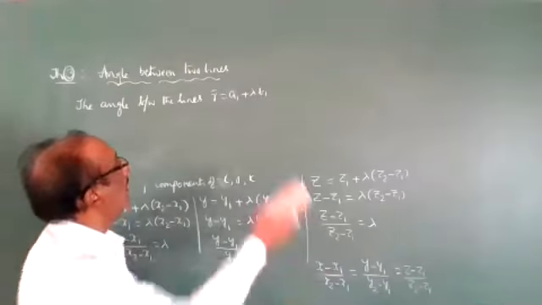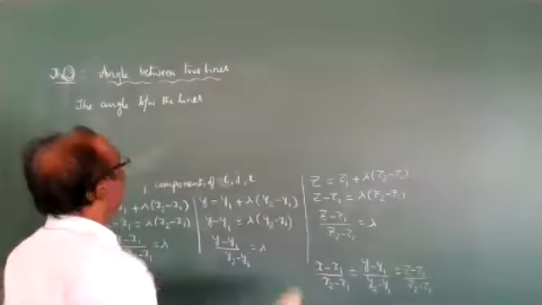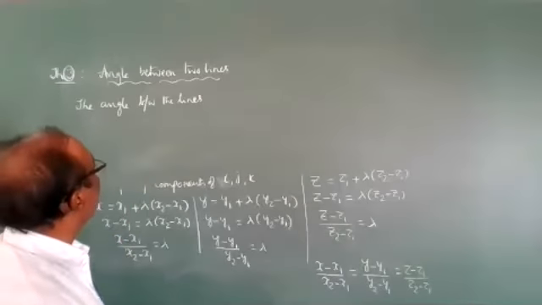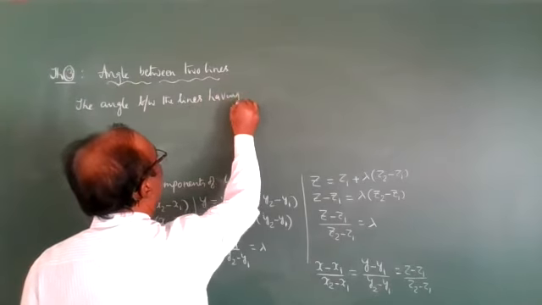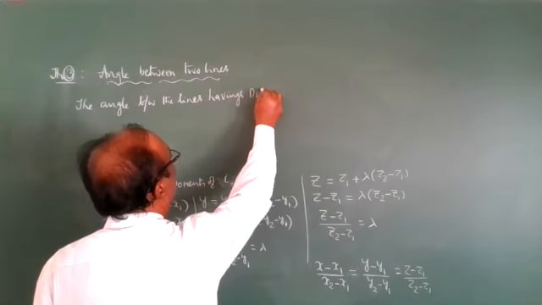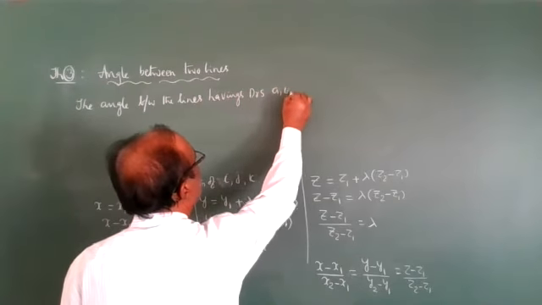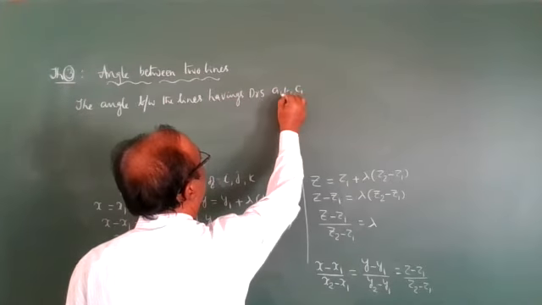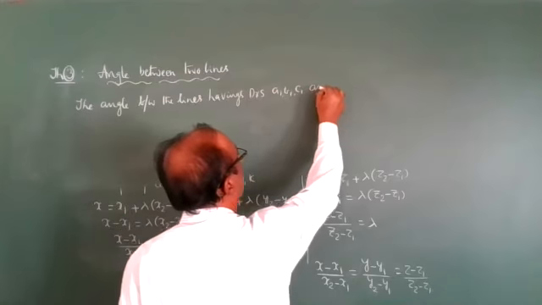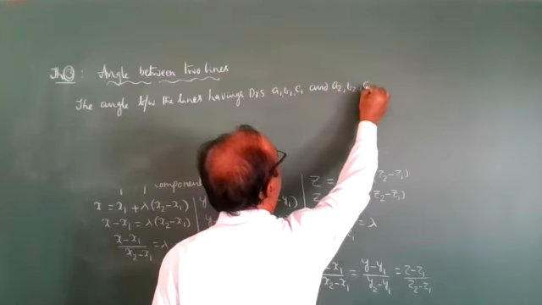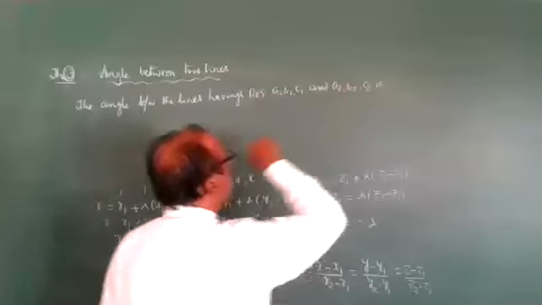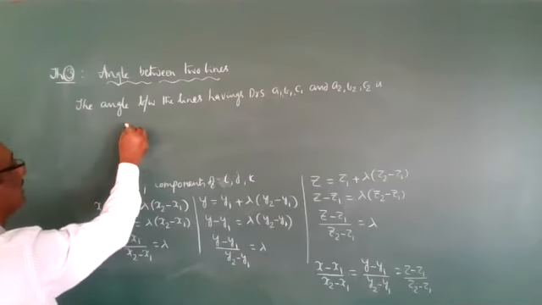So for the angle between the two lines, with first line DRs a1 b1 c1, and second line DRs a2 b2 c2, write down cos theta